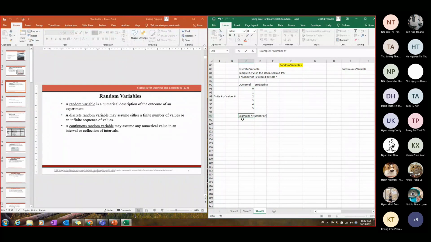of students coming to discuss with thầy Cường about the homework, okay? About the homework on maybe Tuesday today. So can anyone guess the outcome for the number of students who can come to my office and ask about the homework? What could be possible? How many students could be possible? Anyone?